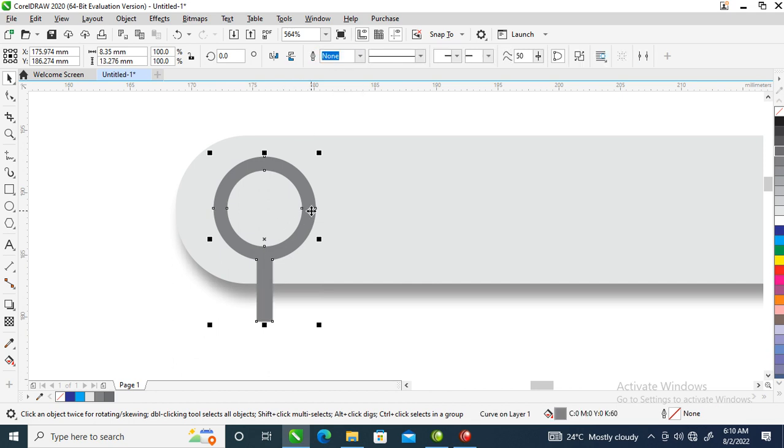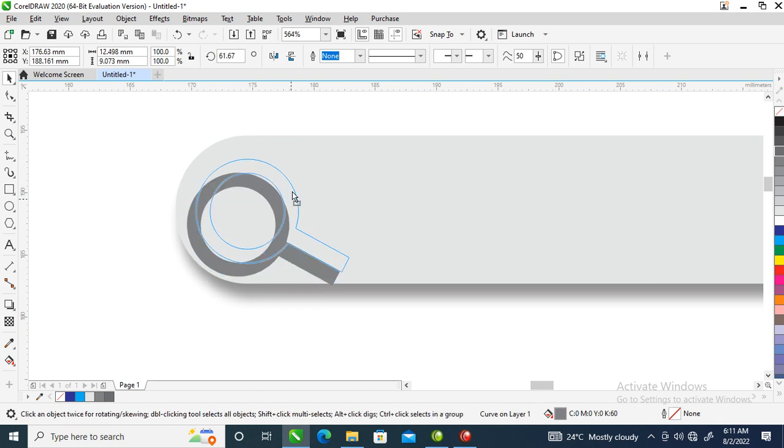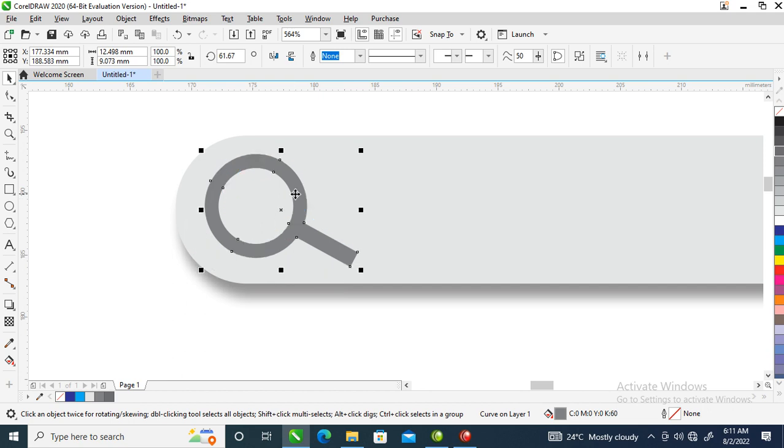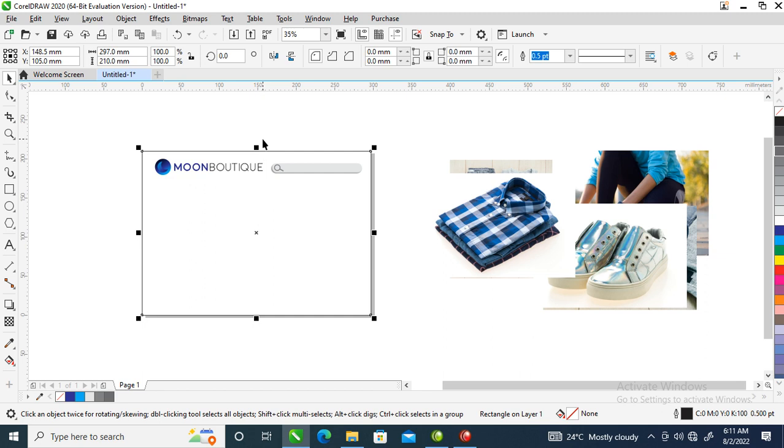So right now what you are going to do is to scroll, double click on that, then you position your mouse to the top edge of the object just like so. You see the indication asking you to roll, then you drag it and roll, bend it just like so, then you position it right in there. Good. So our next step right now is to select the main object,